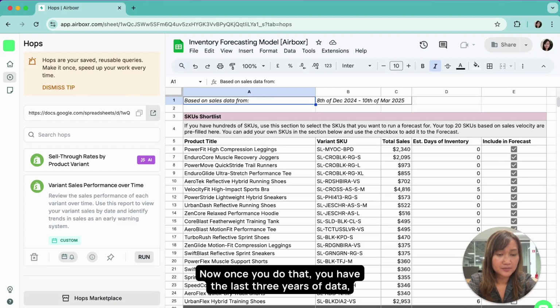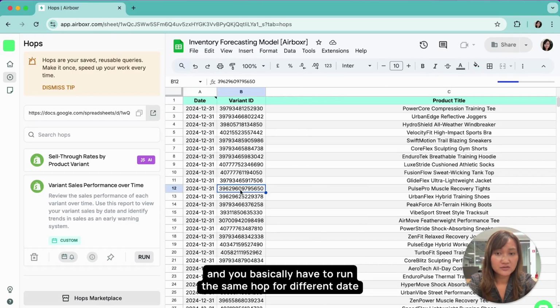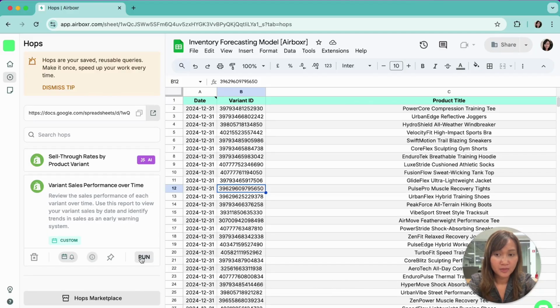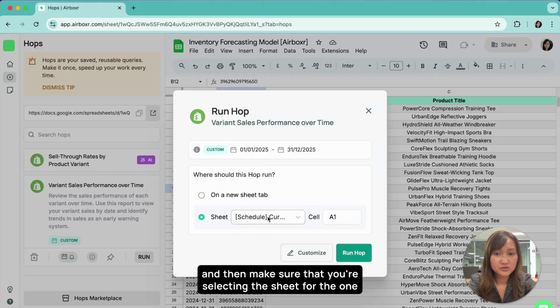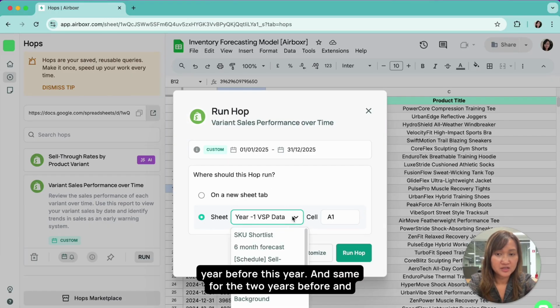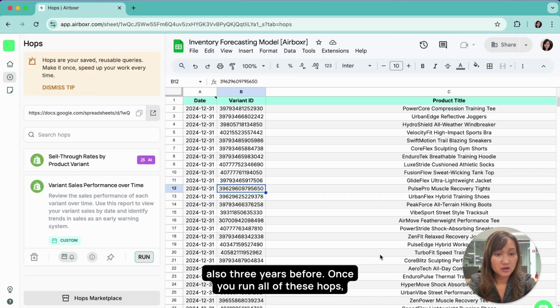Now once you do that, you have the last 3 years of data, and you basically have to run this same hop for different date ranges across these different sheets. Just make sure that when you run on this sheet, you're running for the right time frame, which would be for the last year. And then make sure that you're selecting the sheet for the 1 year before this year, and same for the 2 years before and also 3 years before. Once you run all of these hops, you're going to have all your sales data,